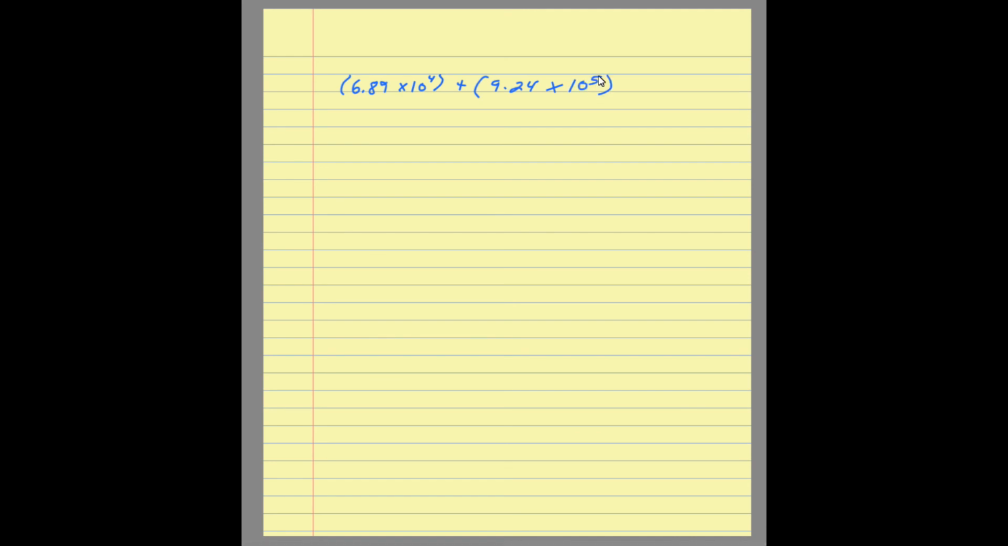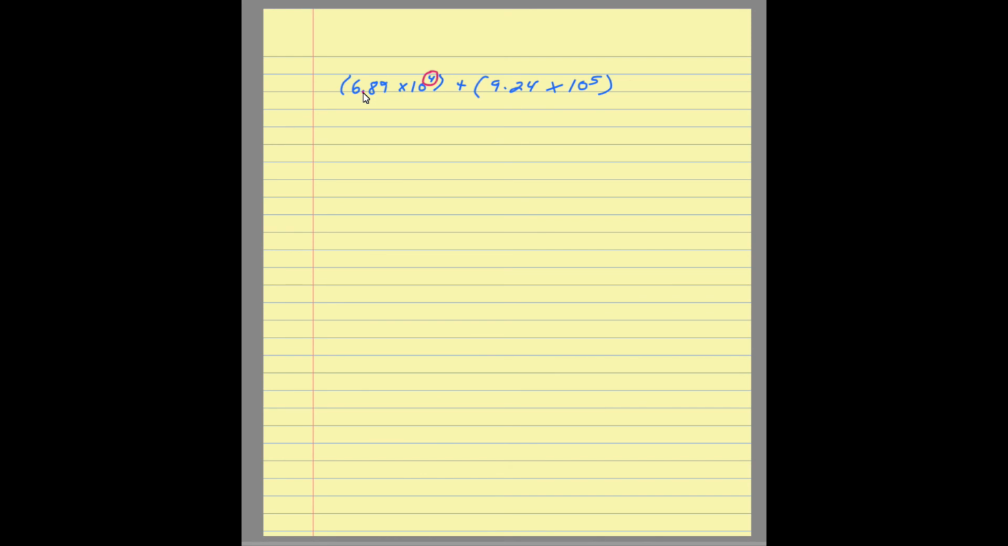All right. There's two ways to do this. I'm going to show you both ways. First way is to simply work it out the way you see it, add them together. For instance, 6.89 times 10 to the fourth means I'm going to simply look at this exponent here of 4